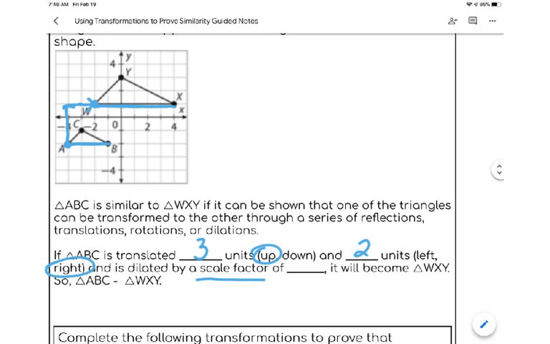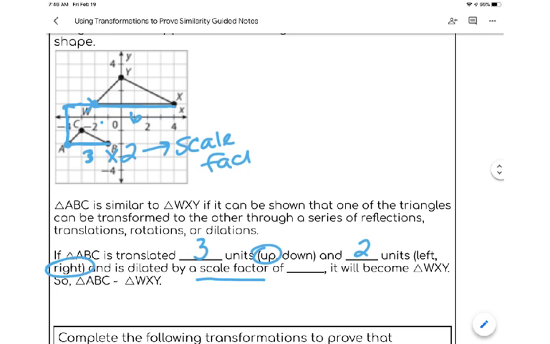I know that it is 1, 2, 3. And then let's look at the other side that is corresponding on the larger triangle, which is WX. And that one's going to be 1, 2, 3, 4, 5, 6. So what did I multiply 3 by to get 6? That is your scale factor. So we multiplied by 2 to get 6. So 2 is our